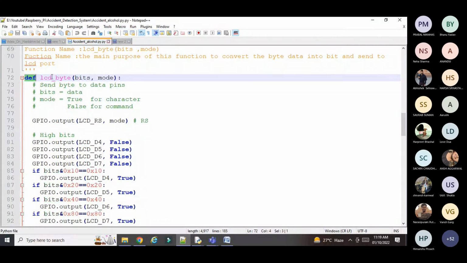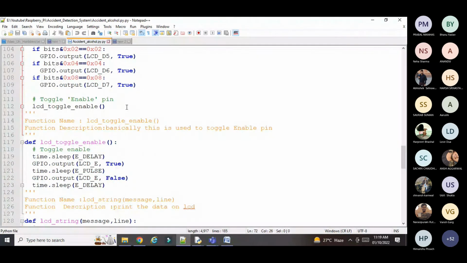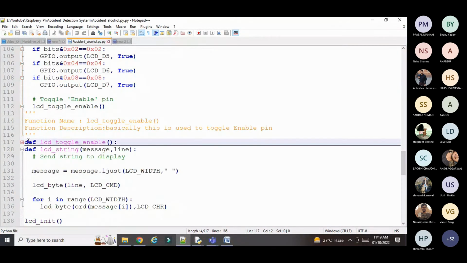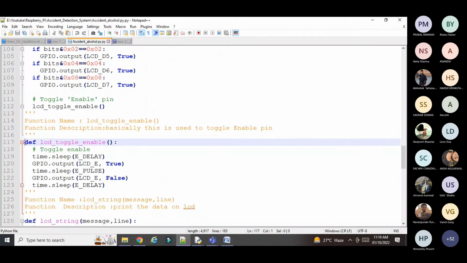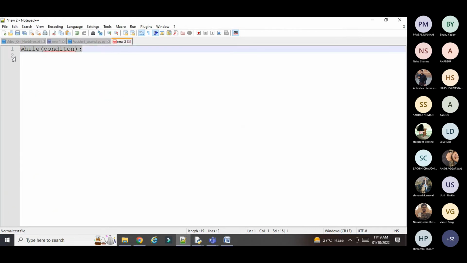So def, function name, then input parameter, then double colon, and after that, at the end of the function, means the new line started without the space. So if I want to declare the function, I can use def. It is a Python keyword, def, then function name,